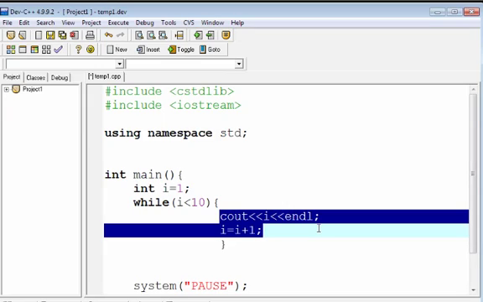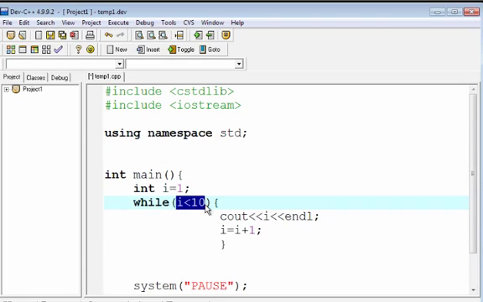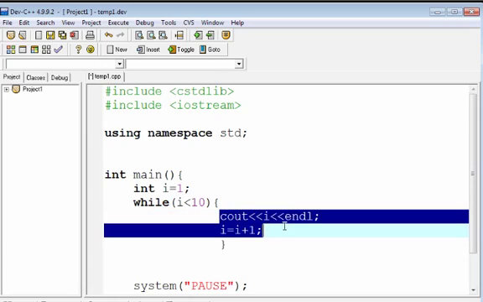Add 1 to it, which takes me to 4. Now I check 4 with this condition. It doesn't allow me to exit still, and all the way till I reach 10. Then 10 is not less than 10. 10 is equal to 10. So this will be false, and I'll never print the value 10, because